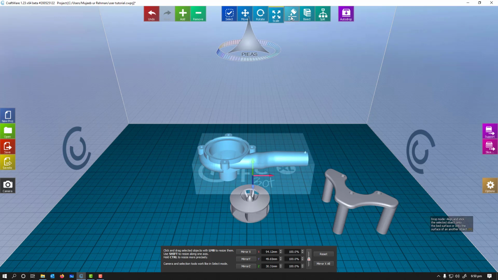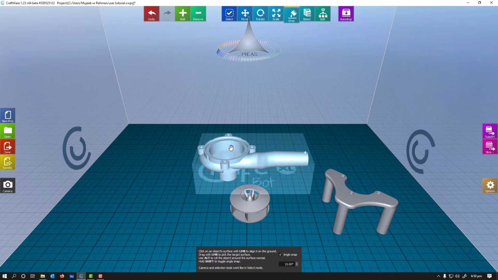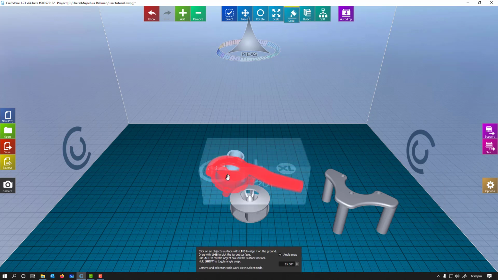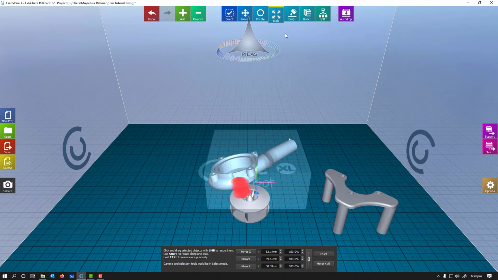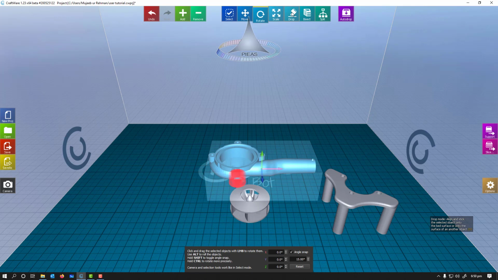Now next thing is drop. So what is the purpose of drop? Drop is basically used to place the surface which is convenient to print on the bed of the object. Let's suppose I select drop, I will select this one, then again this one. So at 15 degree I would go with the realign, and then I will go for reset. Then I'm gonna go for the drop, and I'm gonna select 90 degree.